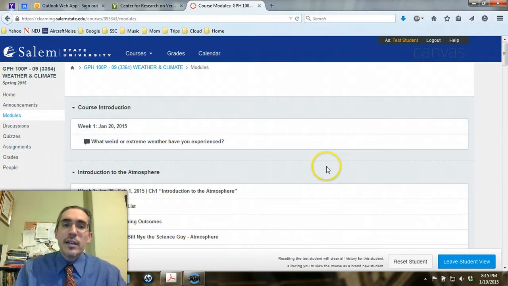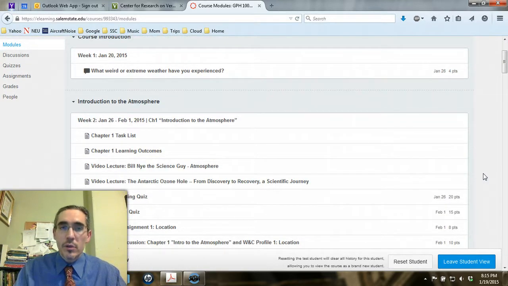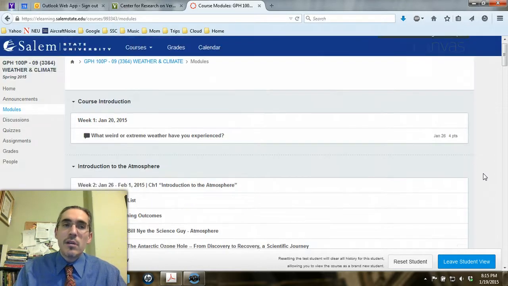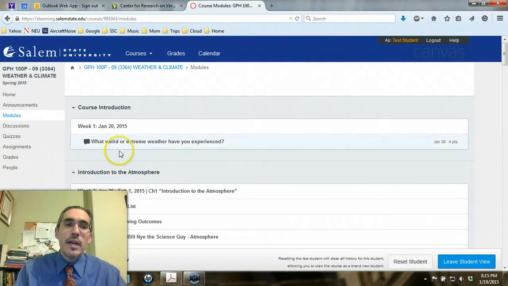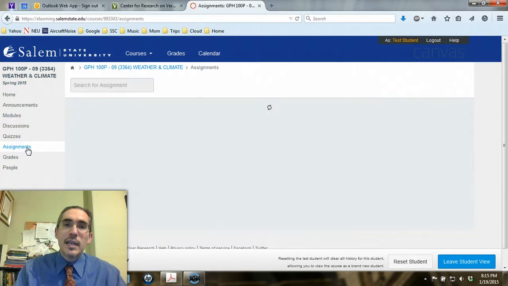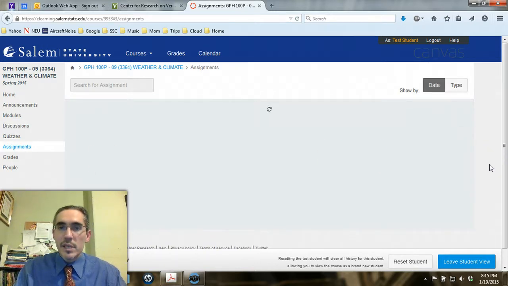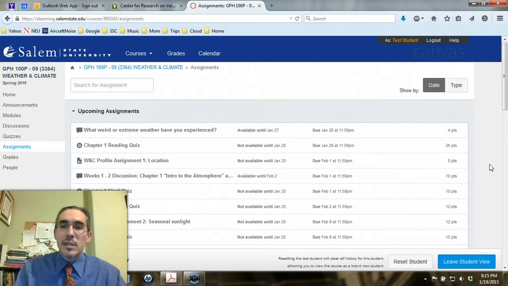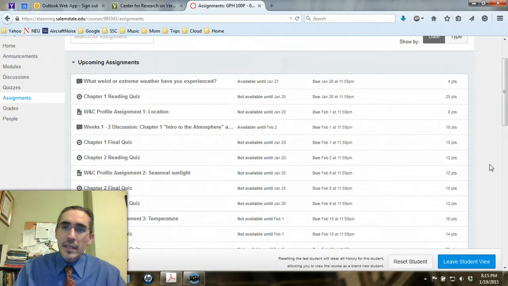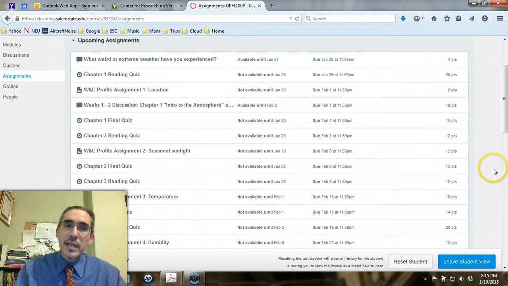And again, your task list for any given week is probably your best resource for quickly getting a sense of what needs to get done that week. The due dates also will show up and let you know. The other way that you can see what's due is to click on the assignments button on the left-hand side, and you'll see the assignments laid out, grouped by the type of assignment, and ordered chronologically, so you can see what's coming due.